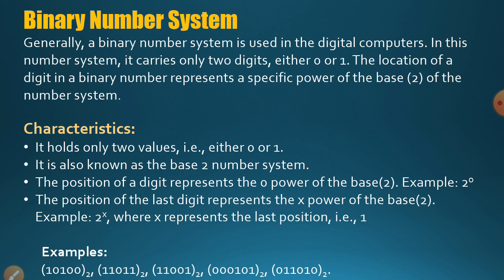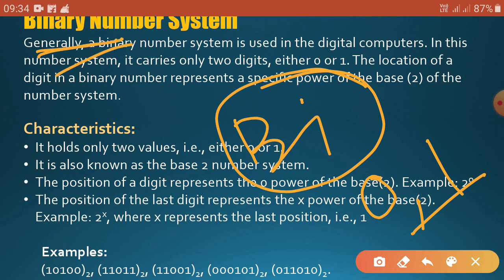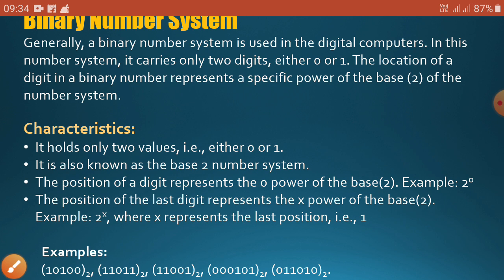At first we will have the binary number system. You may ask, sir, why is it known as the binary number system? Bi means 2. We know the computer uses the binary number system. Two digits are used, like 101: one is 0 and another is 1, so it is known as the binary number system. It has only two digits, 0 and 1, so its base is 2.